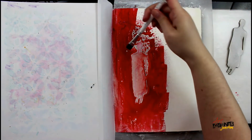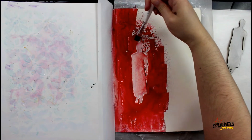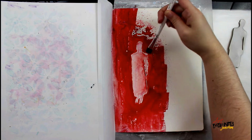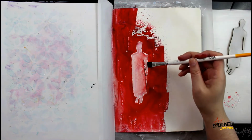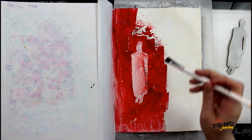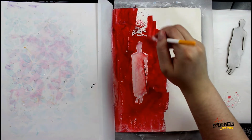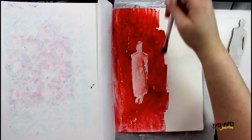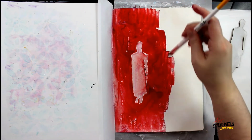You can see there's a little bit of a white outline around that, and that's because I'm working with all wet. And if I hit the inside of that masking area, it's going to bleed into it. So I'm keeping a little bit of a barrier so that these colors remain very dark and very light. I'm only using one of the colors that comes in the ColorSparx Berry Punch set, and this is the color